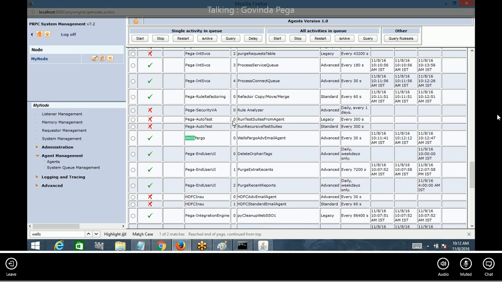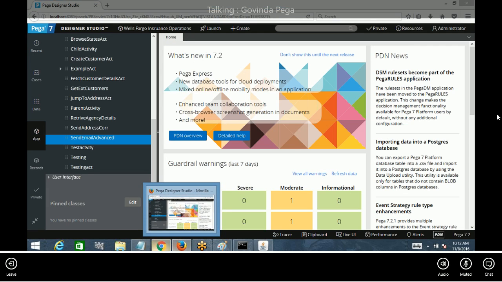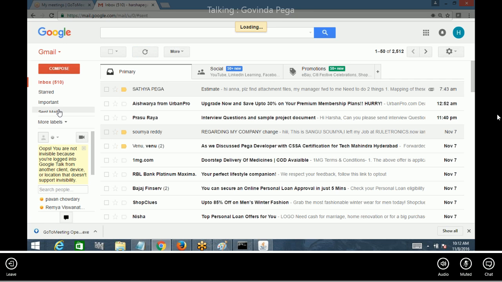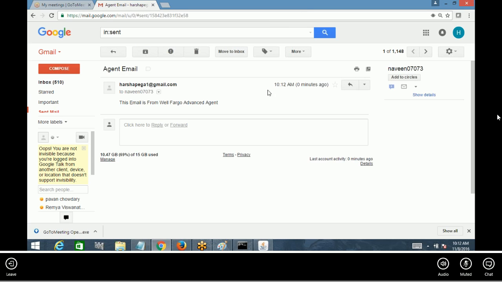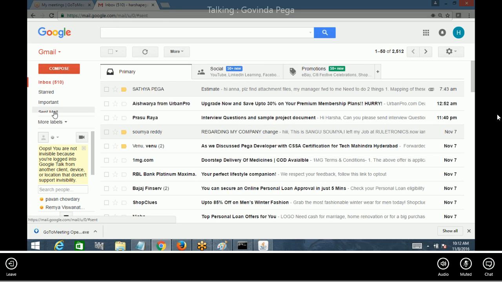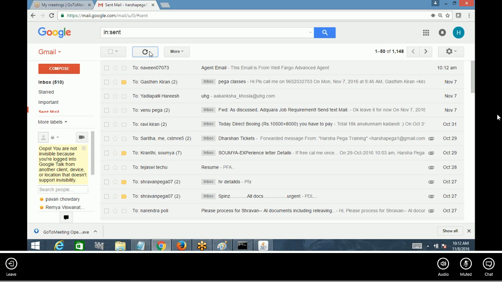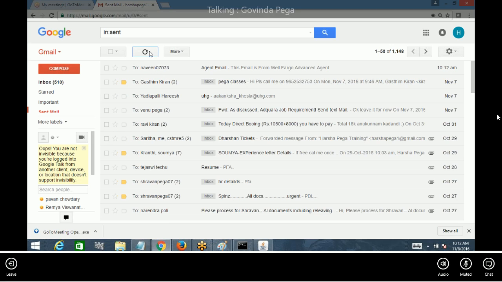Let's see now. So it has sent one email just now, 0 minutes ago. This email is from Wells Fargo Advanced Agent. So like this, it will go and send emails. Every time it wakes up, it will execute agent activity. Okay. So